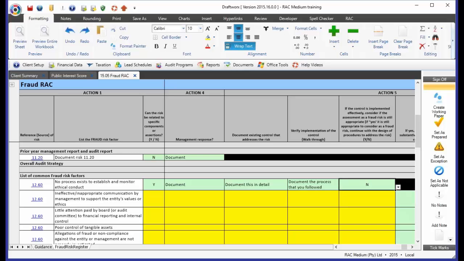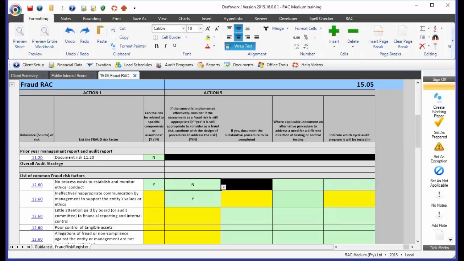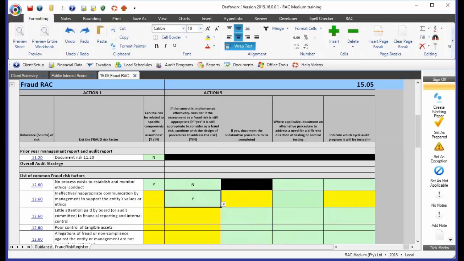Okay? I'm not going to complete all the others, but just so that you can see what the difference is for the rest of the questions. If I say no, there is no longer a fraud risk, you can actually stop there. You don't need to do anything further. These two cells we need to adjust to highlight in black as well. If we say there is still a fraud risk, the next question is actually go and document the procedure that you're going to perform. So we now go and document an audit procedure